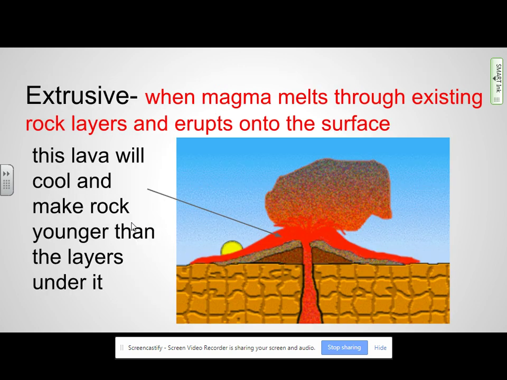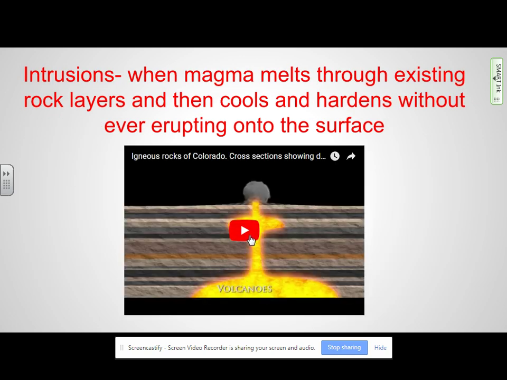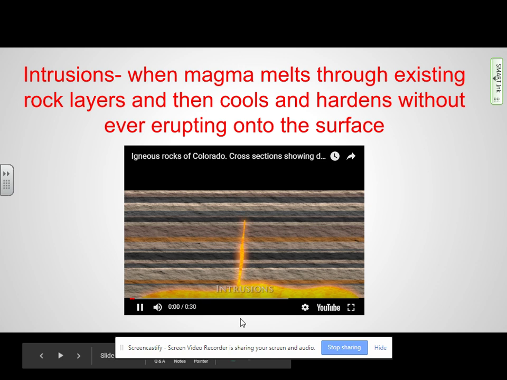Then you also have extrusions, when magma melts, but it actually erupts onto the surface of the earth. Again, lava will cool, make younger rock than the layers around it. Pause if you need to finish this. Let me show you, if we let this continue,